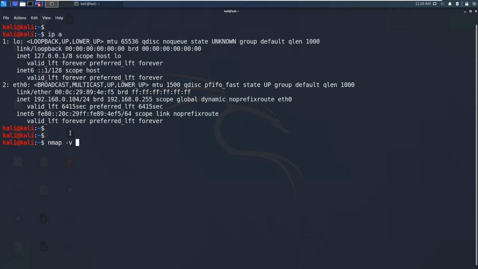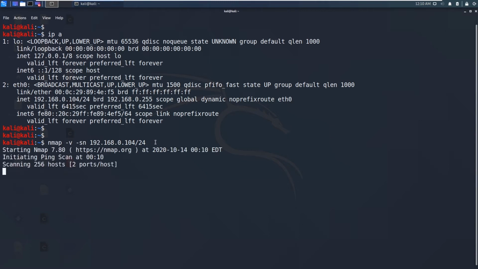And what I want to do is -sn, to check which hosts are alive or dead in the subnet range. Let me copy this, and what I say is /24. This is the class C subnet range, default subnet mask 24. It will check all the hosts from 192.168.0.1 to 192.168.0.255. It means 255 hosts. Okay, 256 hosts.